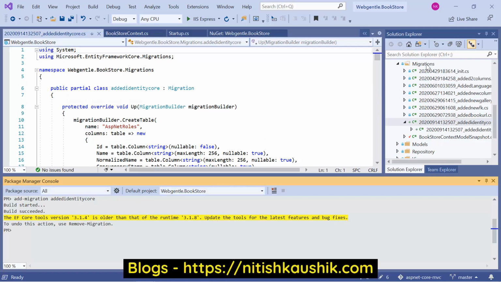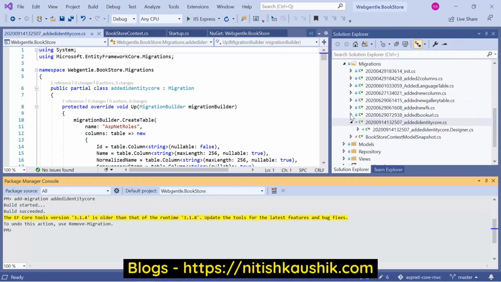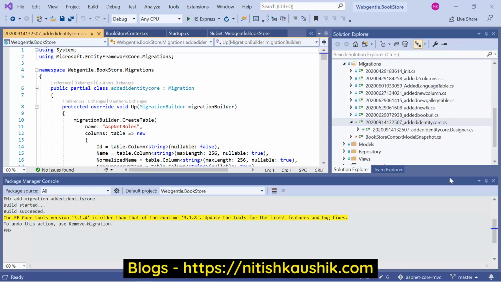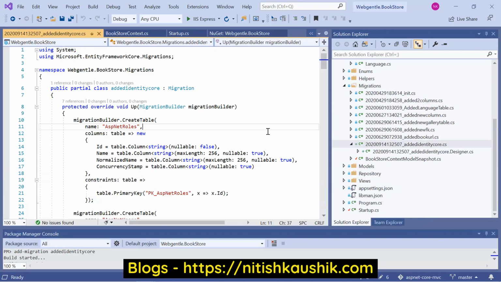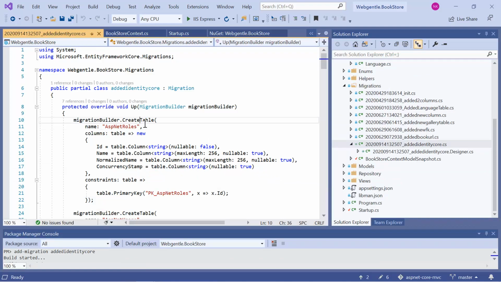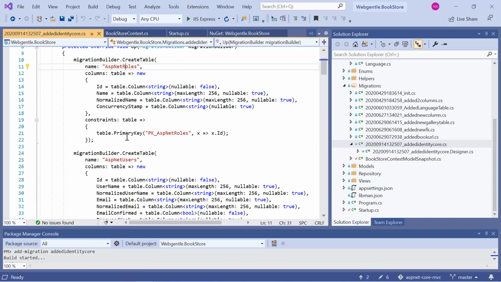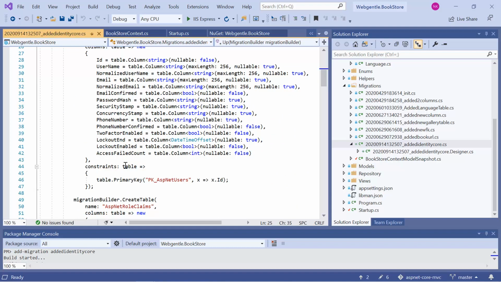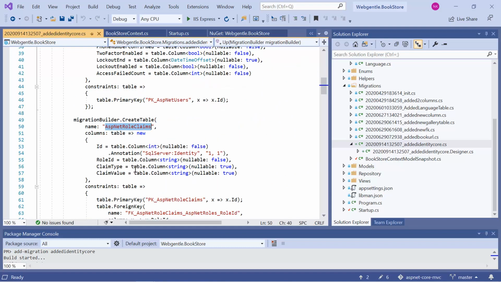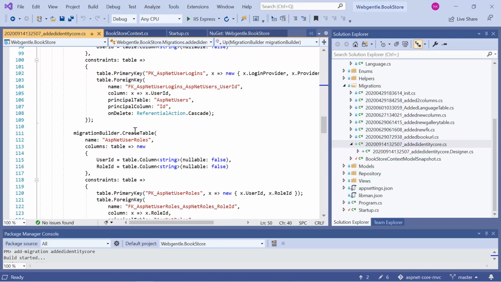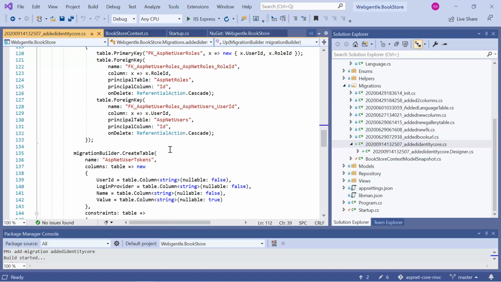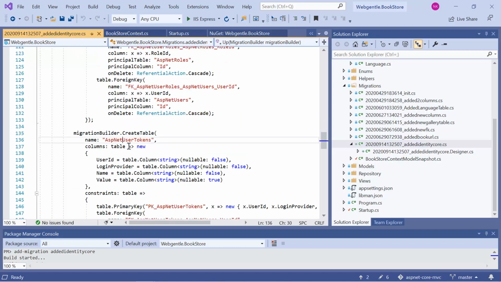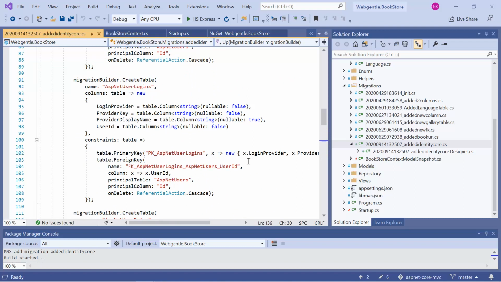Here you can see inside this Migrations folder we have a new migration. Let's open this migration. And here you can notice that it is creating a few tables in our application. First one is AspNetRoles, AspNetUsers, AspNetRoleClaims, AspNetUserLogins, AspNetUserRoles, and AspNetUserTokens. All these tables are required to work with user management.